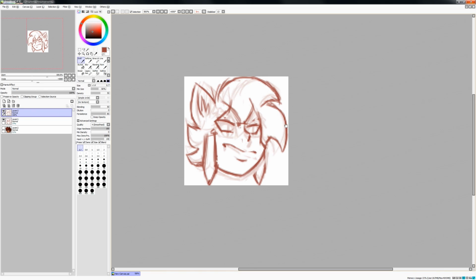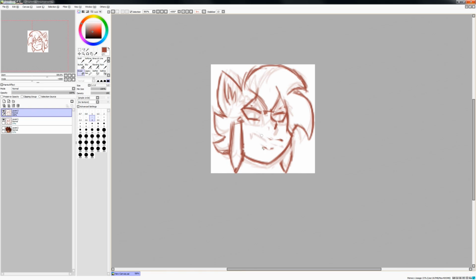And I'm going to flip just to make sure that I'm doing this correctly. I want to move that a little bit. And I want to keep... I want this area to have enough contrast to it.